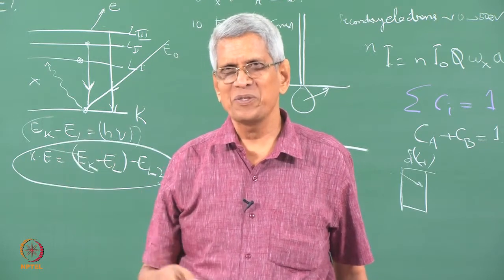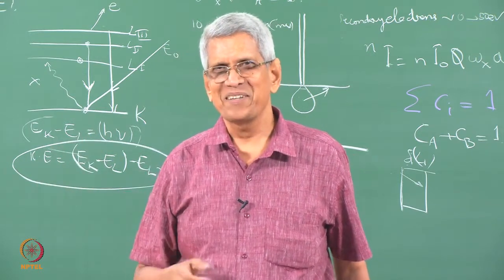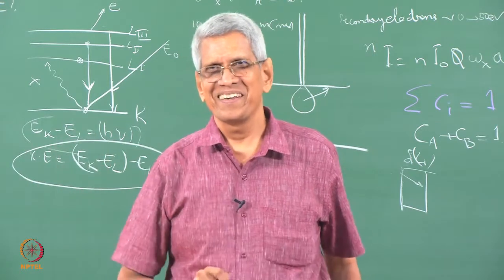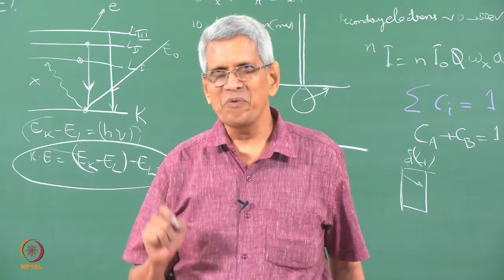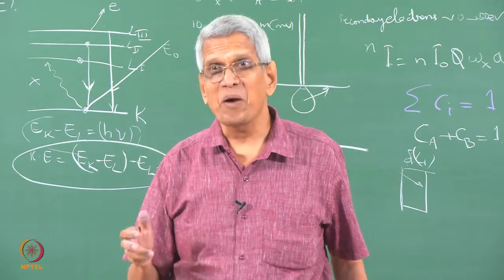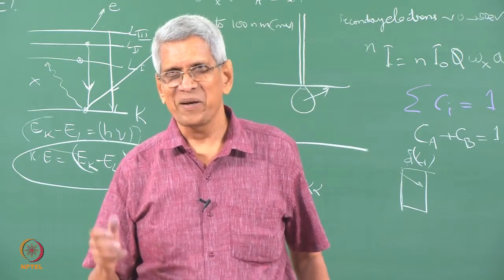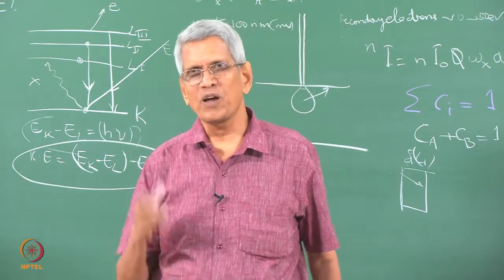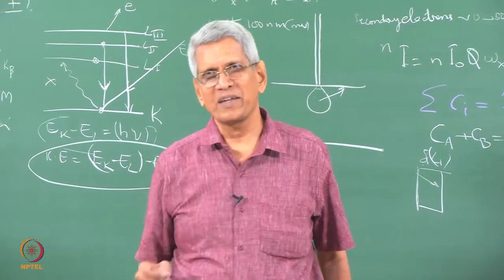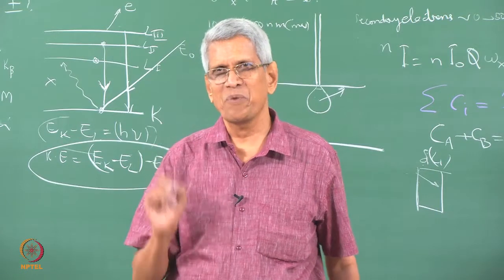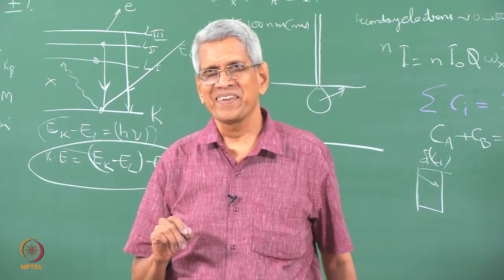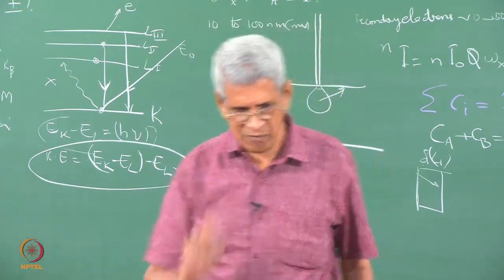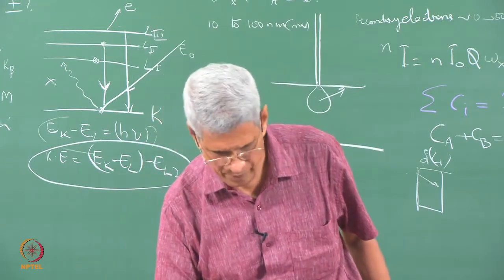Suppose somebody gives a composition up to second decimal place, that is 25.56 is the concentration. Then one has to be very careful about it, whether it is really possible or not. Okay. If you look at that, then one should know what is the total counts which have to be collected to go to that accuracy, whether that experiment has been performed to that level or not. Okay. These are all very important. Okay.